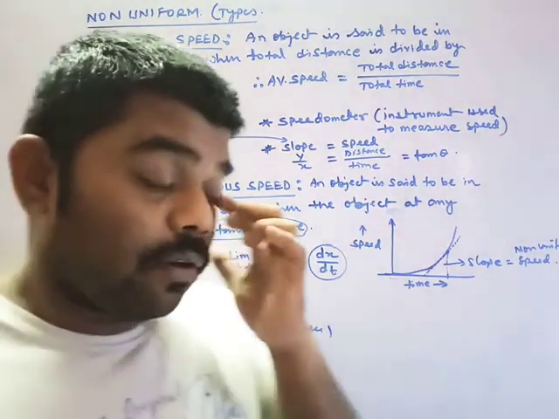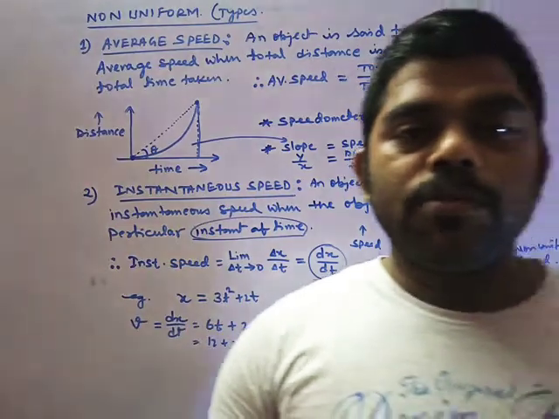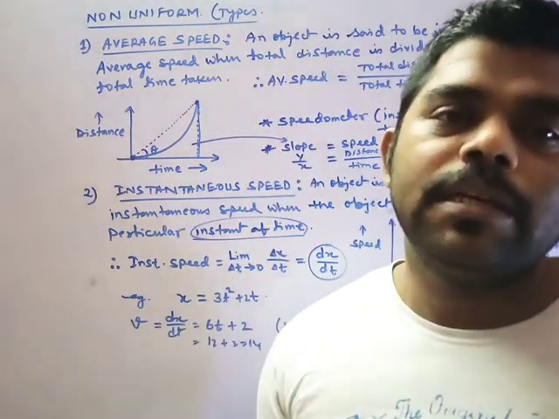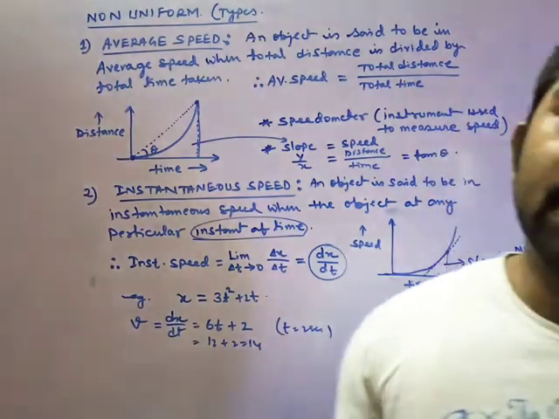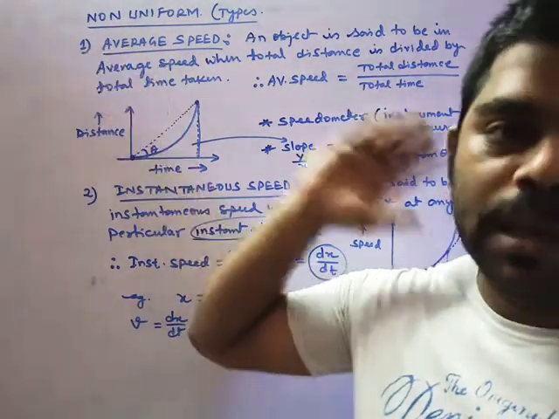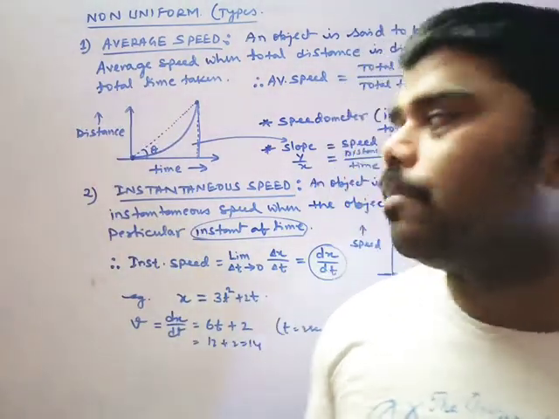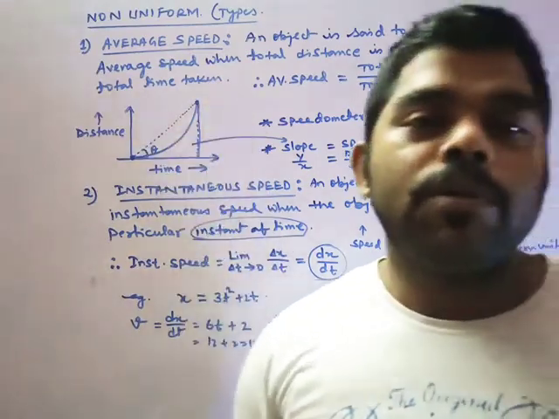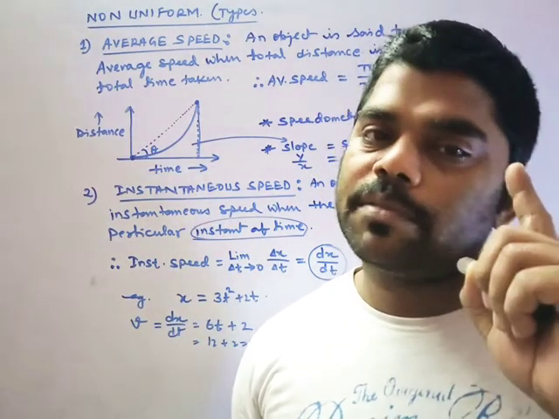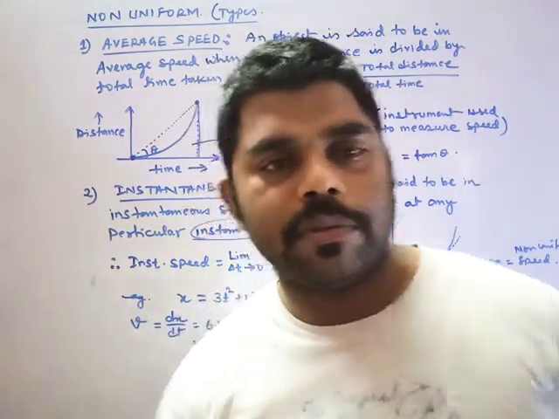Now it's the turn of velocity. In velocity also there are no changes in the types. There are also two types of non-uniform, I'm talking about velocity. Same definition and everything will come: instantaneous, uniform. But only keep it in mind that velocity always has some direction, whereas speed does not have. This is the importance of it. Clear?